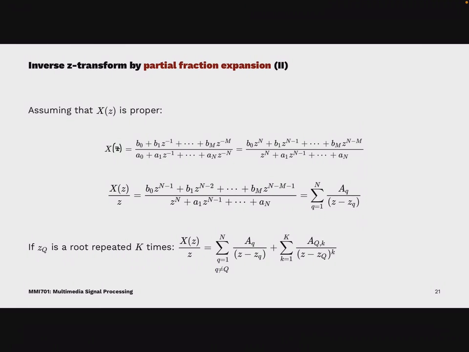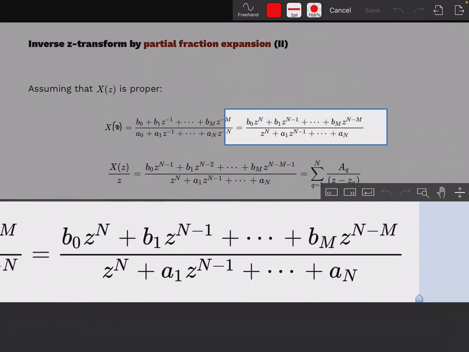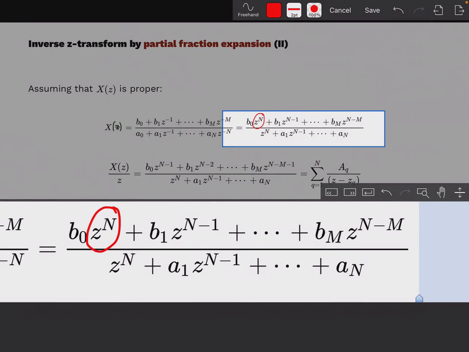Okay, so in our first example, we're assuming that X(z) is proper. What we do then is we just multiply the numerator and denominator by z to the power of the number of poles, z to the power n, which gives us two polynomials, the numerator and denominator polynomials, which have the highest order terms as z to the power n. Then we divide